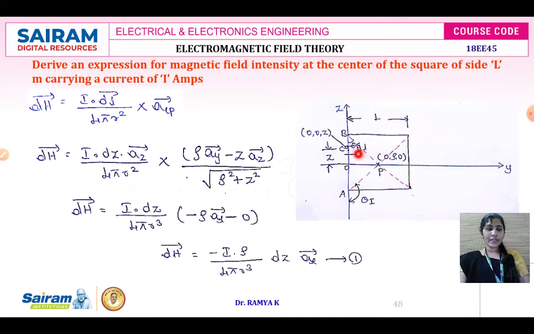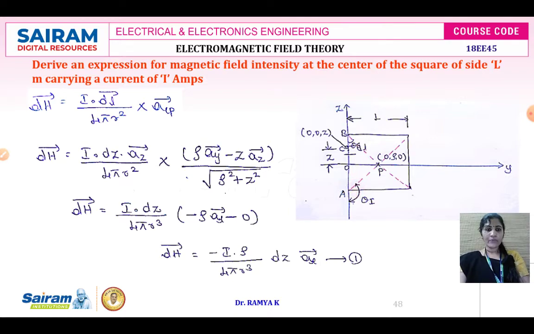Now, the current carrying element, the point C, can be varied throughout the length of the conductor. So, when it is varied from A to B, when it varies here or here, the value of r between your cause and effect is going to vary, and therefore dz will also vary. Therefore, we have to replace the values of r and dz in terms of a varying quantity,